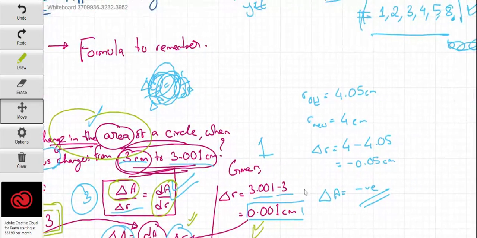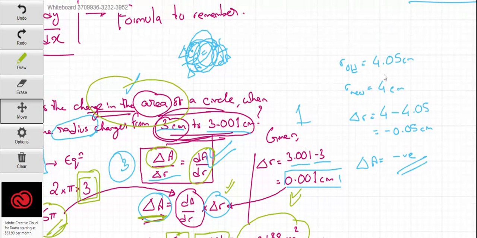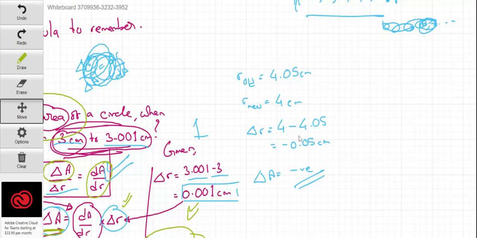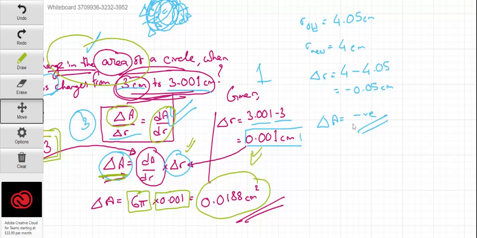Now changes may also be negative. For example, if the old value of radius is 4.05 and the new one is 4 centimeters, obviously the change is going to be the new one minus the old one, which is a negative change. So if the change in radius is negative, you put it in here, and obviously the change in area will be negative. And you can think of it logically. If your radius is decreasing, obviously the area is going to decrease, right? So don't freak out if you get negative answers if you're confident that the other steps are correct, because negative answers